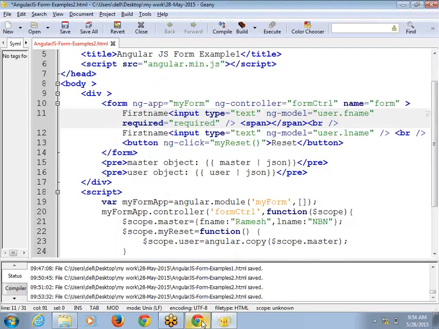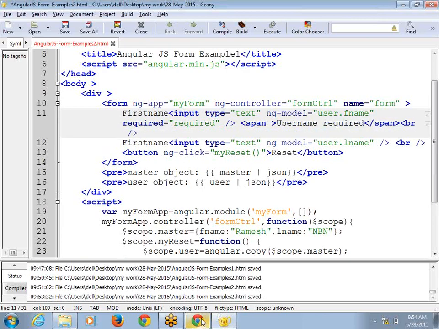Right? Okay. First of all, let us add one part here. Part by part. So username required. I want to change the color later. First of all, it's a span containing username required. When it is shown, ng-show. When it has to be shown, I want to check form.user.fname